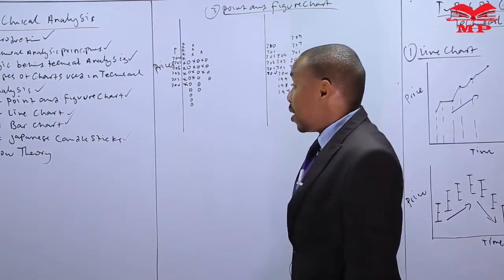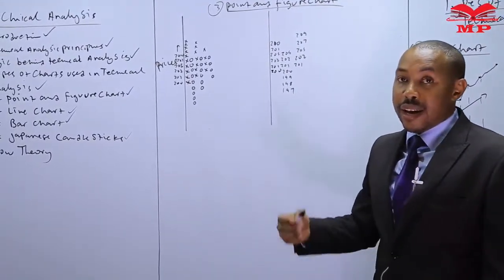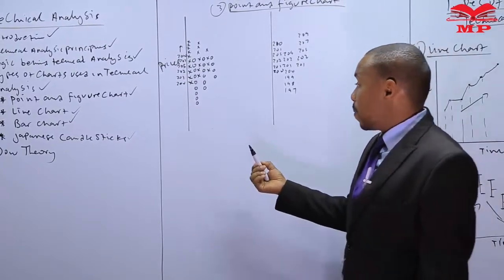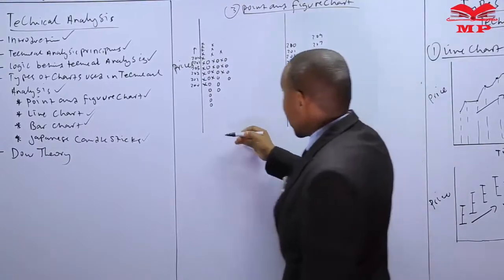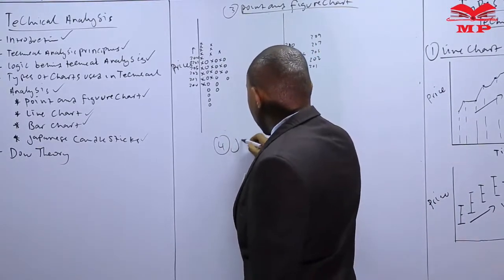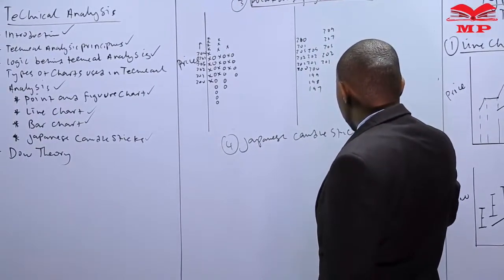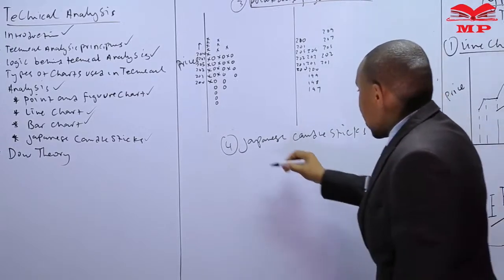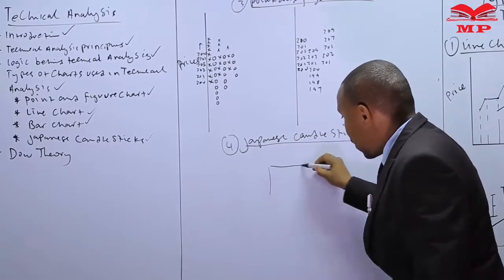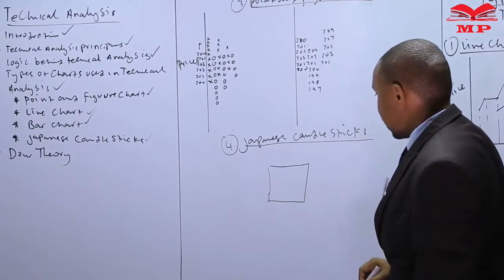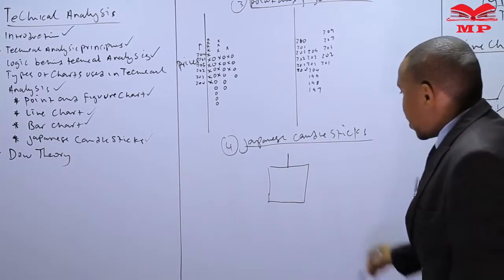Why these are important is because technical analysts believe in the use of graphs and charts to try and identify price trends that can assist them in making decisions as to which securities or assets to purchase. Number 4, we're talking about Japanese candlesticks. Now, what you need to understand under Japanese candlesticks is, first of all, the look of the candlestick itself. A candle looks somewhat like that. Here, before I